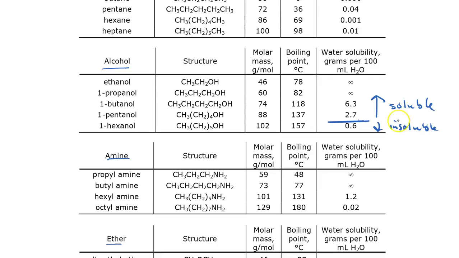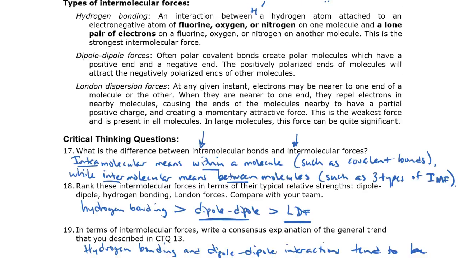You see, it's not black and white. Like most things, it's shades of gray. So, 1 gram per 100 milliliters, that's like 1%. So, if 99% of it is not dissolved, then we can call that insoluble. You see why we picked 1 gram per 100 milliliters? And here, the cutoff is here. So, this is insoluble, and this is soluble. All right, so that's how I answered that question.